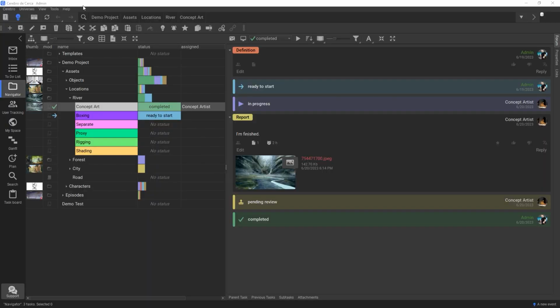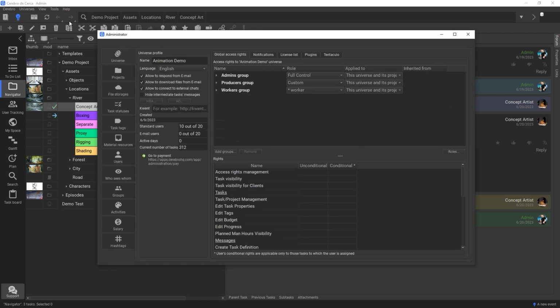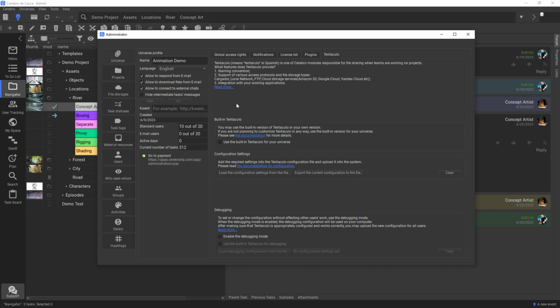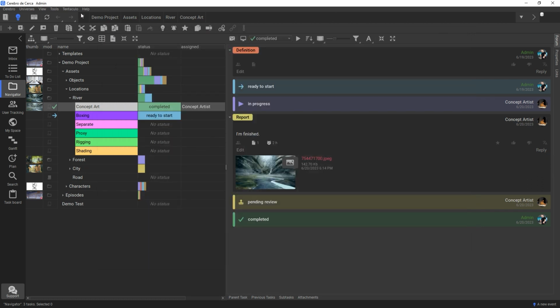To start using Tentacular, click Tools on the top bar, select Administrator, and go to the Tentacular tab. Check the Use the built-in Tentacular for your universe checkbox. After that, the plugin will be downloaded and installed, and Cerebro will have an additional menu allowing you to install